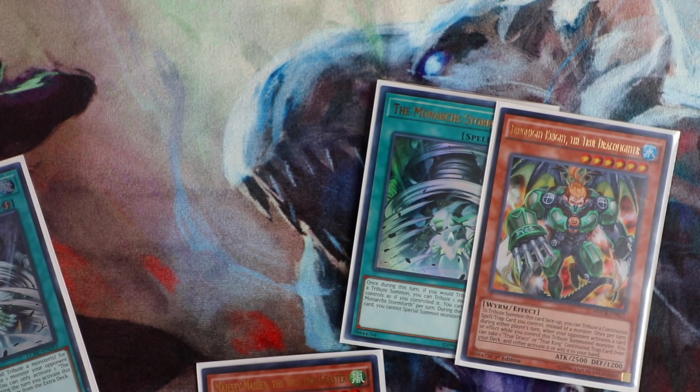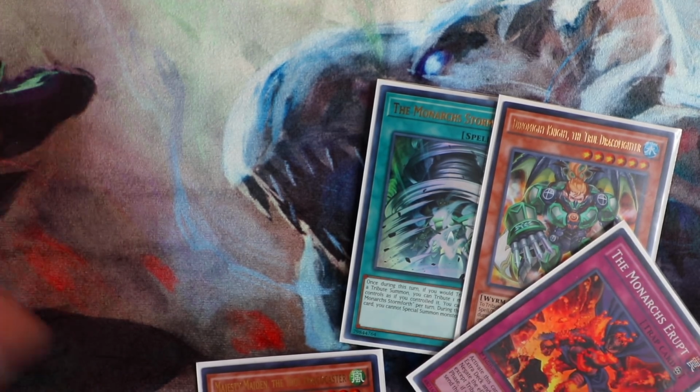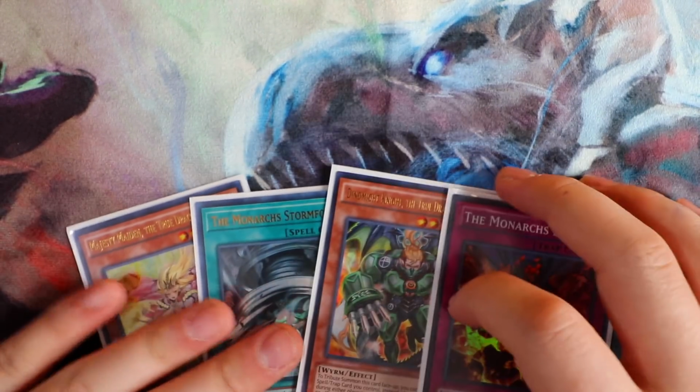Okay, so basically the idea behind this combo and the idea behind Stormforth is truly because of this. Let's say you have a Floodgate. So let's say, what's Erupt? Okay, so you have Erupt. So basically what you want to do is, with the idea behind Stormforth,